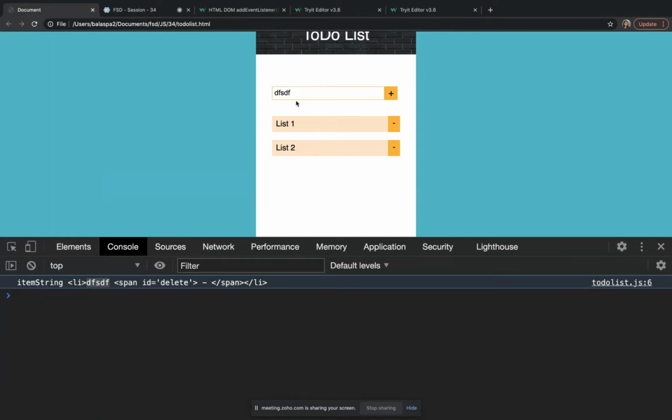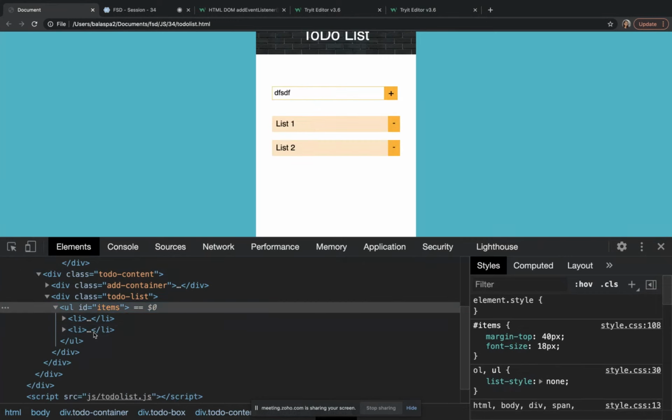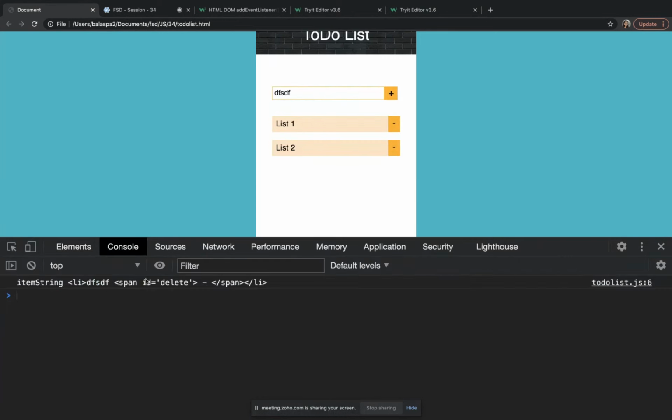With the li tag. So the next step, I want to add this li down here. First I need to get this element's content and then I need to add this content there.